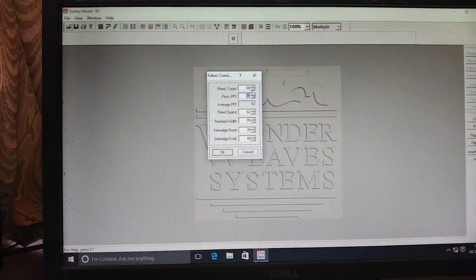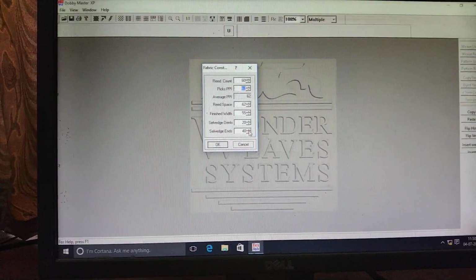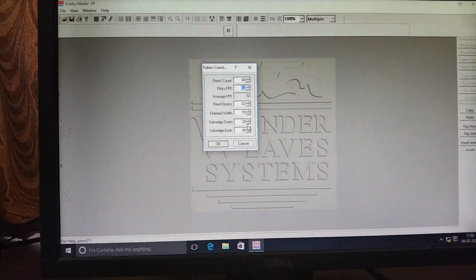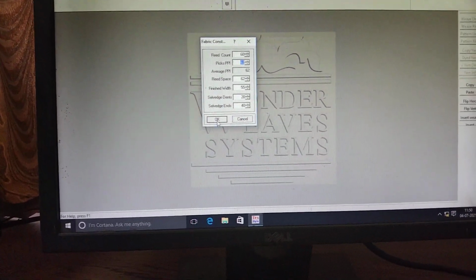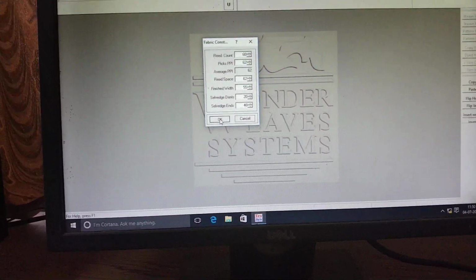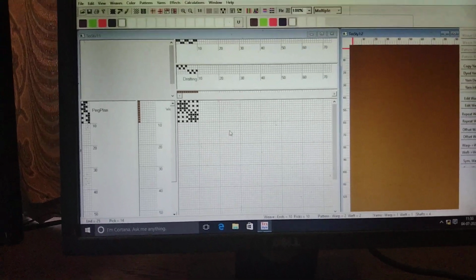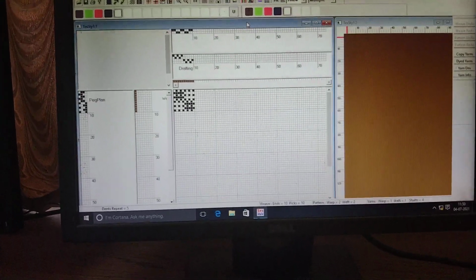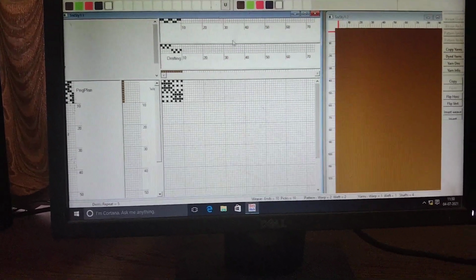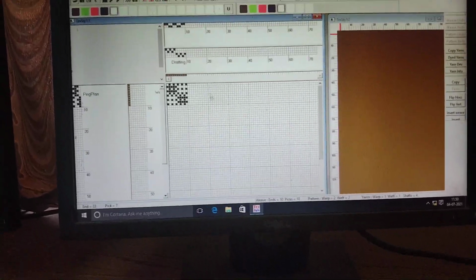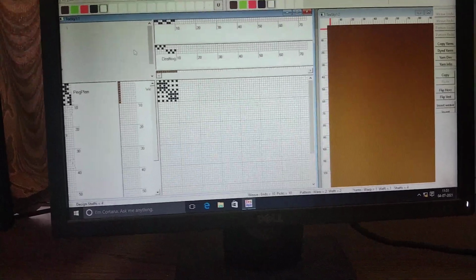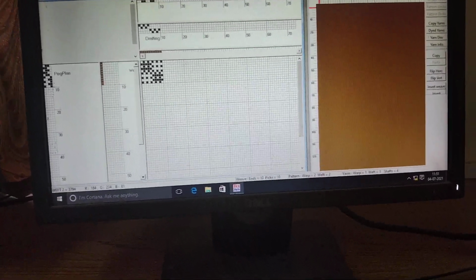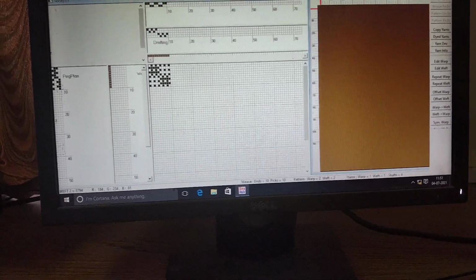According to our requirement, we fill all the parameters and left click on OK. As I left click on OK, two windows appear. First is the design, draft and peg plan window, and the second is the fabric construction window.